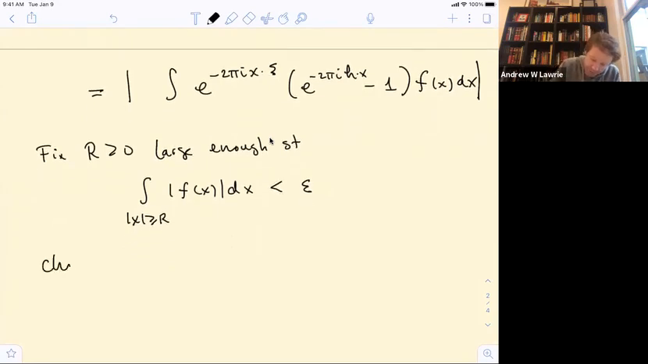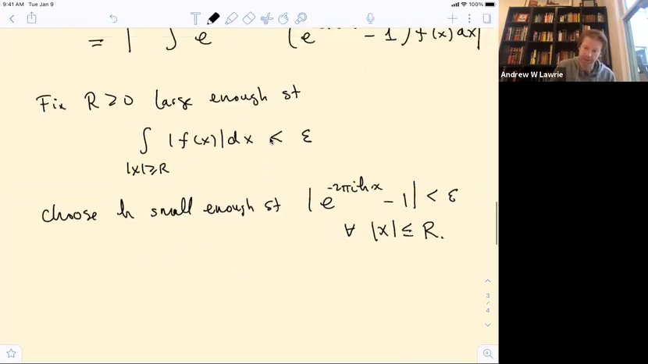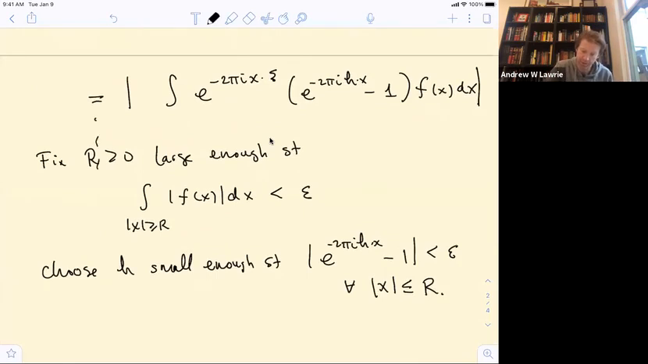And then choose h small enough so that |e^{-2πihx} - 1| is less than epsilon for every x less than or equal to r, uniformly in x less than or equal to r. And so the above, this whole thing,